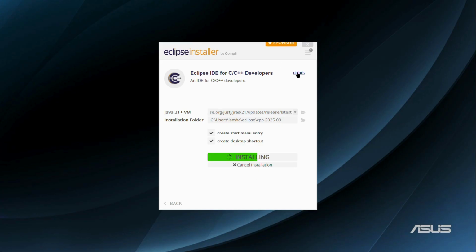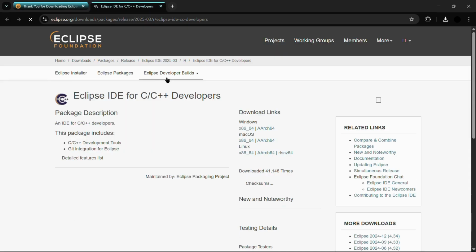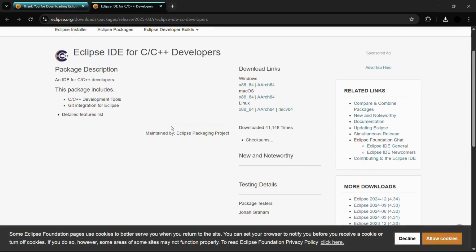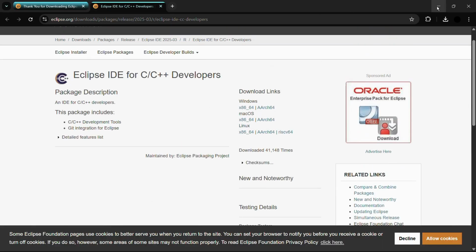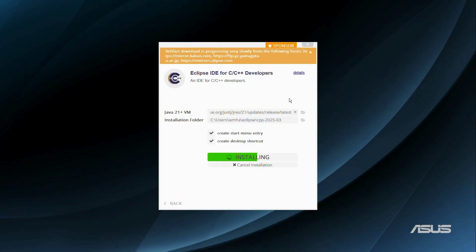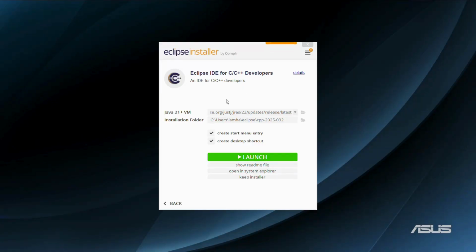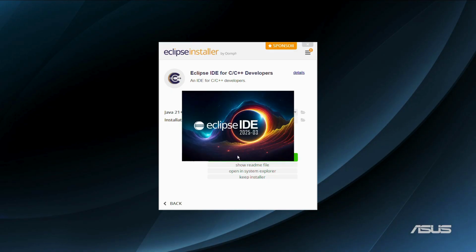Also, if you want to see the details of this particular application, you can click onto this details option and it will lead you to the official website where you can find about this particular instance of the Eclipse IDE. So as here you can see that the installation for the Eclipse IDE for C, C++ has been successfully completed. So we are gonna click onto this launch button to launch the IDE, and here you can see that the